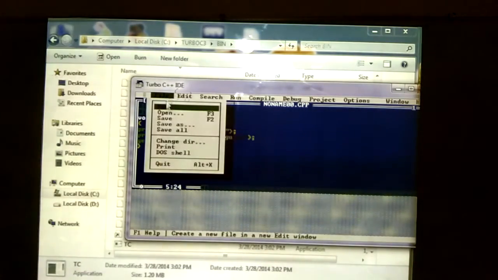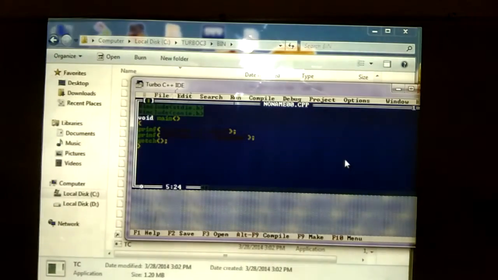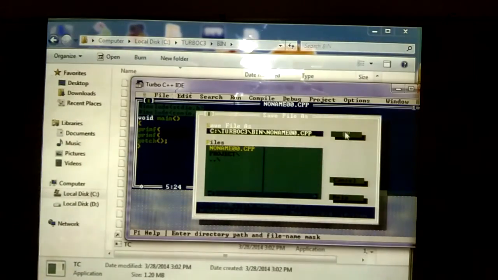First go to the File menu, then select the Save option, or directly on the keyboard we need to press the F2 key. Then a dialog box should be displayed. Then we need to remove the default file name. What is the path? We need to select C:/turbo C3/bin/